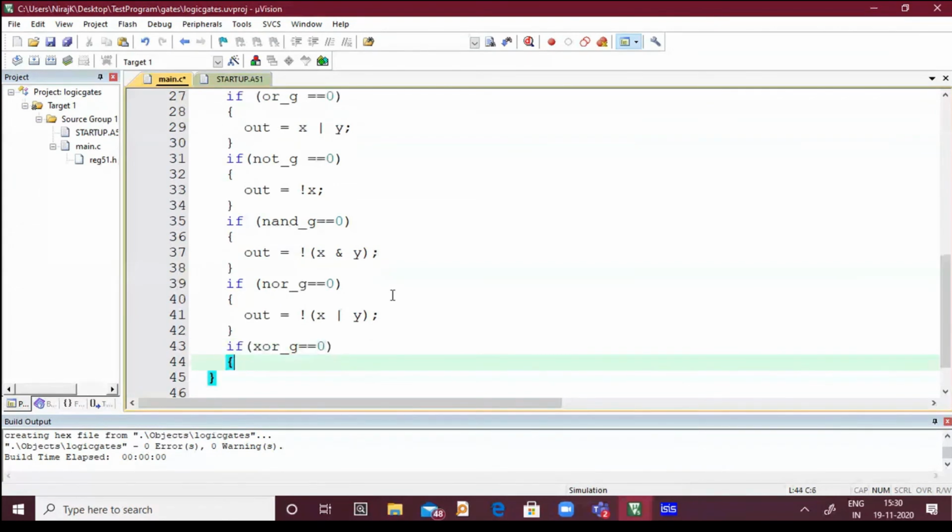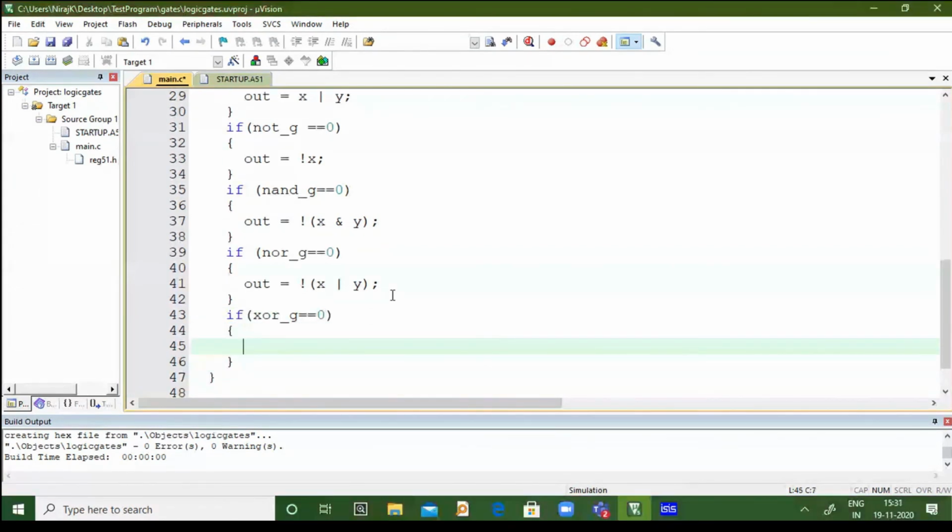Whenever XOR_G is equal to 0, then what is the out? out is equal to X and with Y bar, so not of Y, or with A bar B. How will A bar B be written?